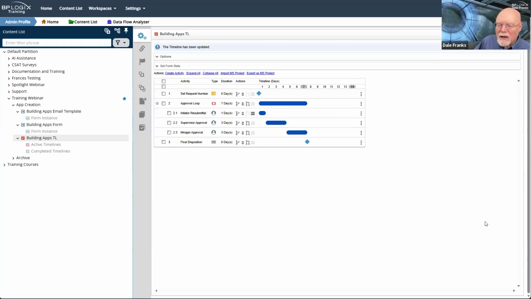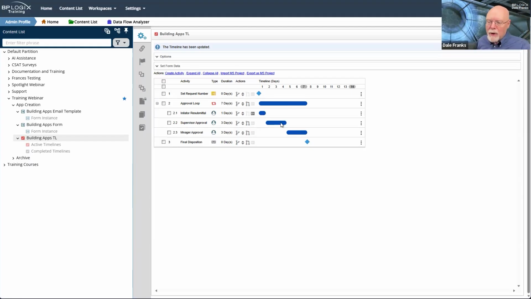So now our testing is going to get a little bit tedious because we're going to have to be able to test multiple scenarios about what might happen when we submit this. And this is why we're limiting quite severely the number of activities inside our approval loop. So let's think about what we need to test here. We need to be able to test whether the initiator resubmittal is skipped whenever I first run my process timeline, and it is my first run through the loop.